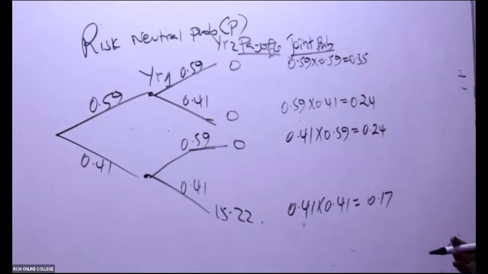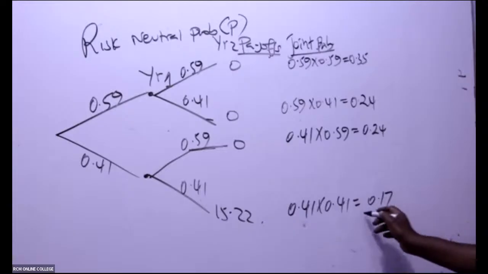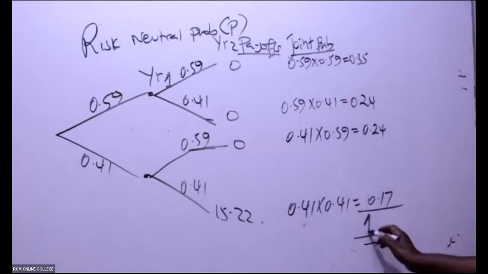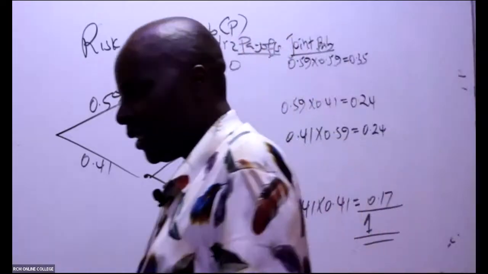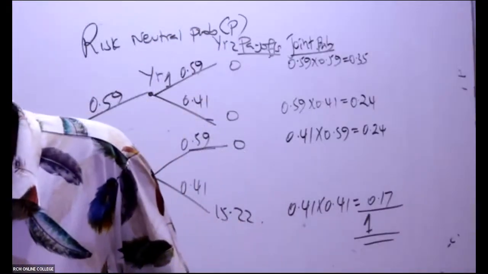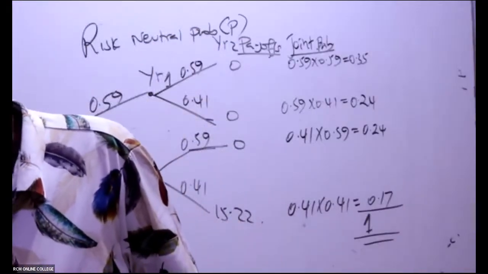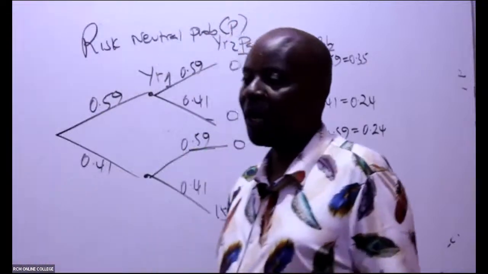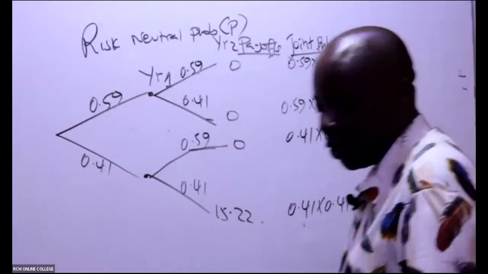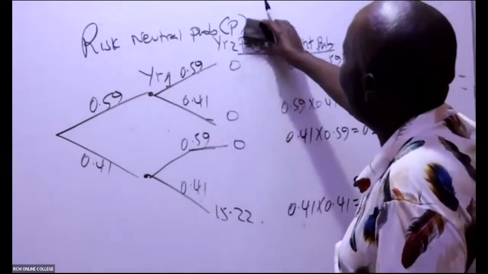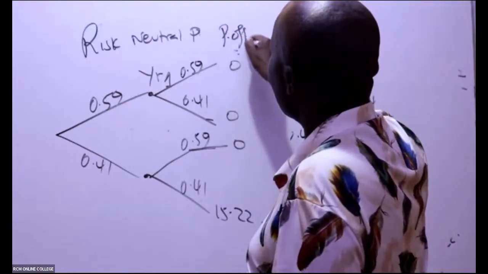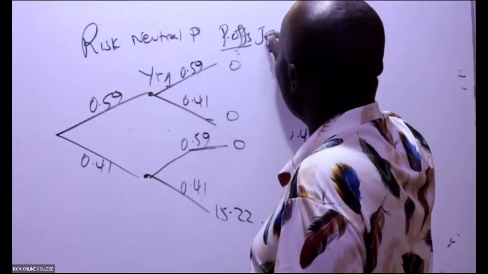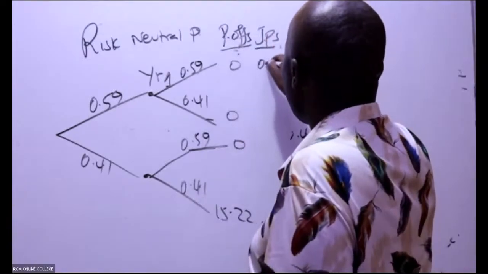And of course, if you are very right, except for rounding off errors, we expect these joint probabilities to add up to 1. The rounding errors may be there because we are taking this to a lower figure. It is 1, isn't it? So because of lack of space, you will allow me to come and write these. These are payoffs, and these are JPs, joint probabilities. I'll write them here: 0.35,